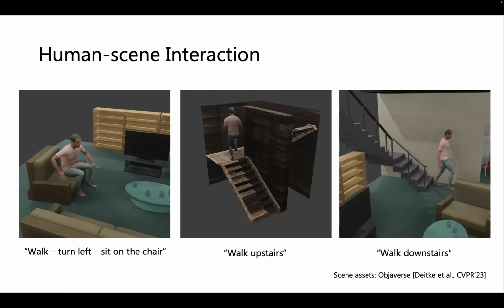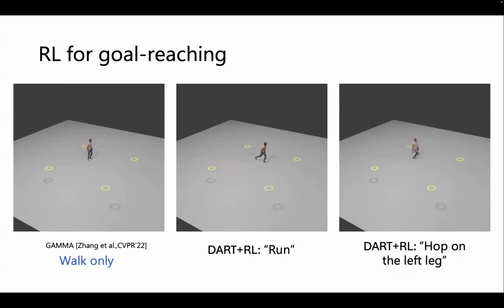Okay, but one thing is this optimization-based control is not real time, right? Like HuMoR, you do this optimization, it's not real time, but you can get the latent variable. And how do we do real-time control? In this work, we showed we can do real-time control using this latent space learned by DART using RL. So we can't really do free text now.